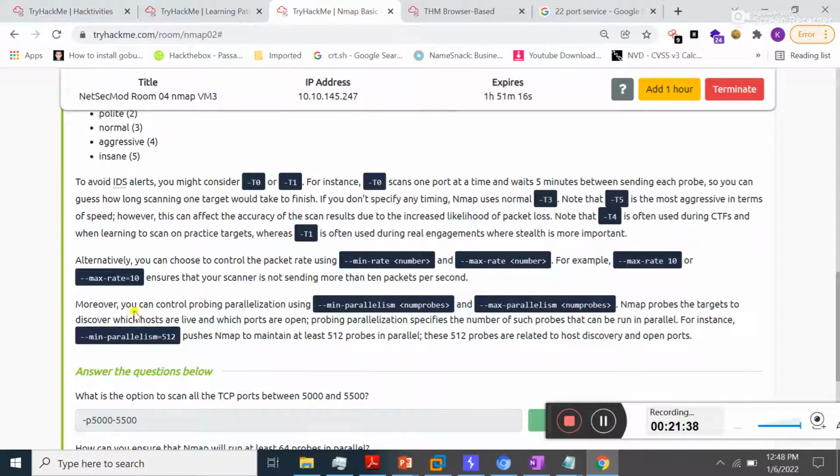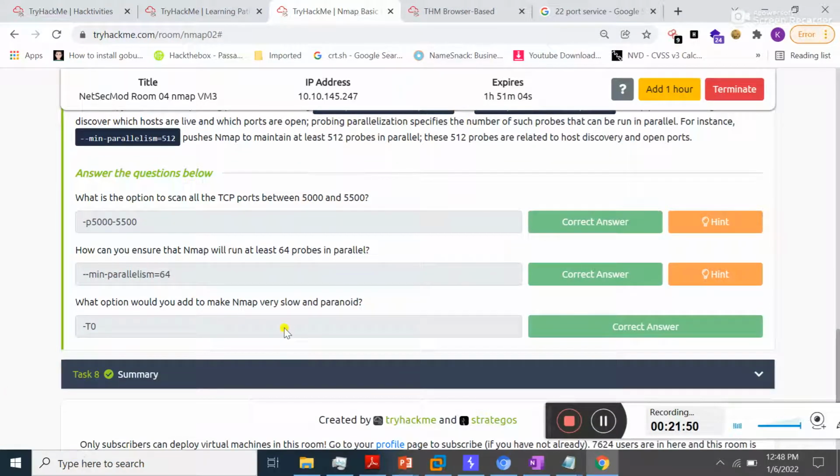You can also control probing parallelization using these parameters, that is minimum and maximum. Okay, it's time to solve the questions. The first question is: what is the option to scan all the TCP ports between this range?